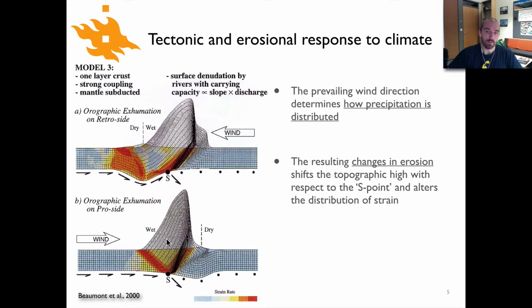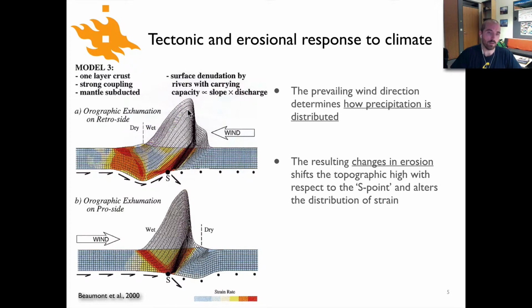What we can observe here is that we have a large magnitude of material being eroded up. This mesh has been pulled up above the surface, and that's originally where we would have had mass that's been uplifted and eroded away. This essentially shows that when the prevailing wind direction is coming from the right side, we